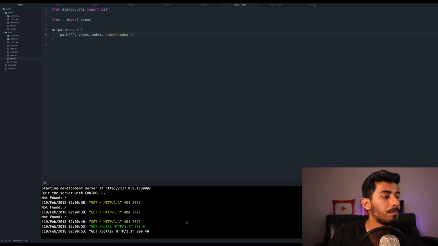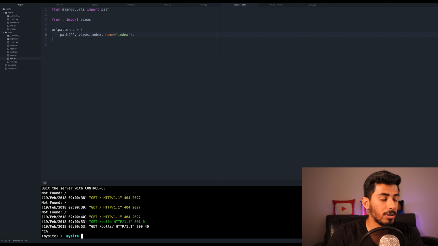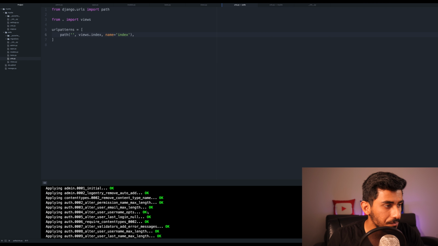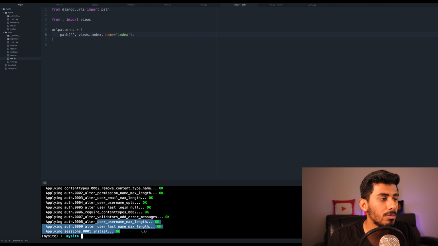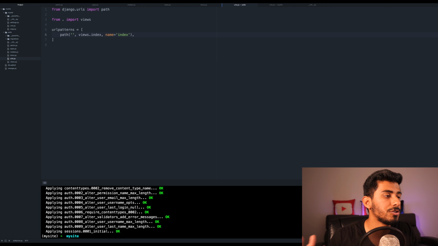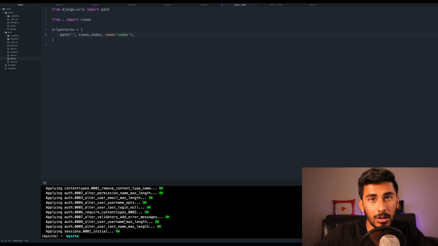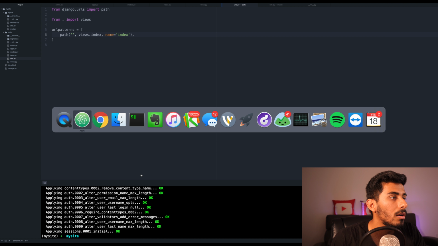I'm gonna open up Atom and I'm gonna break out of this by doing Control-C, and I will do python manage.py migrate, and it should give you a bunch of OKs. And what that did is create these tables that weren't created before. Okay, so they're all created, stuff with usernames and emails and permissions and all the stuff that it has to do on the back end. Okay, all right,